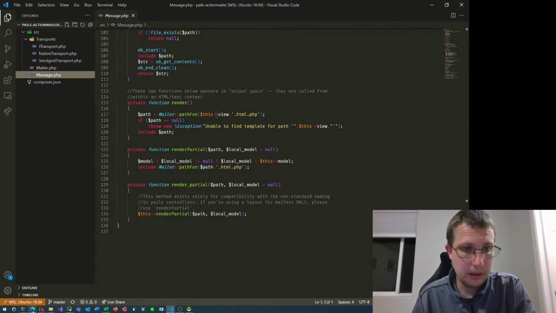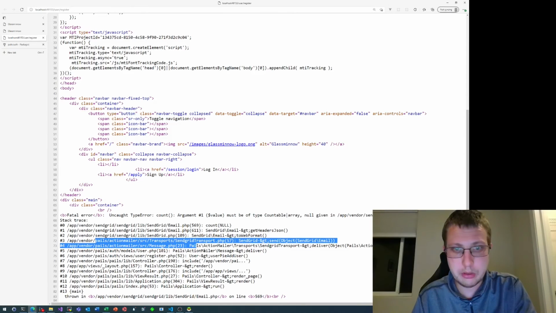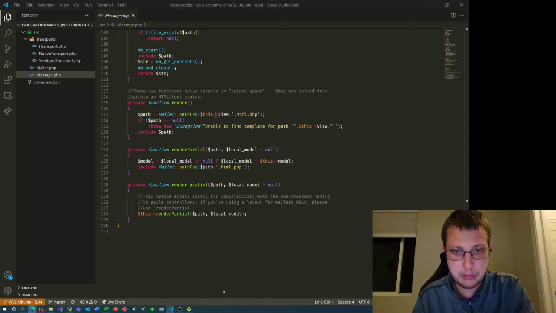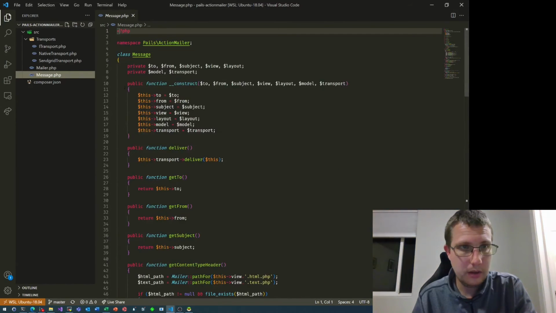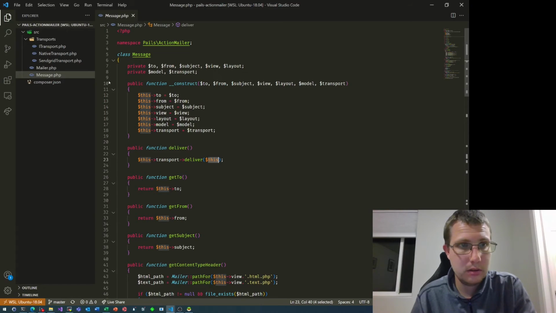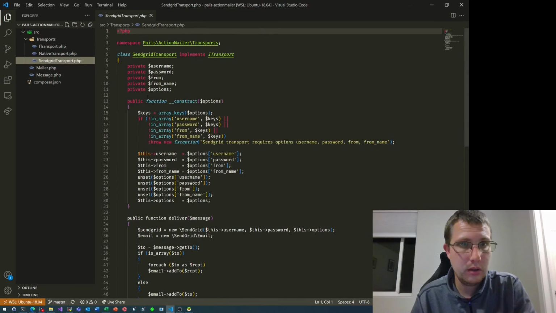So if we go back to that stack trace, we should be able to drill down specifically to where the issue is happening. So source message, line 23 at deliver. Visual Studio Code, here we go. Line 23 in message at deliver. This transport deliver. Okay, and it passes this. So if we go to SendGrid transport